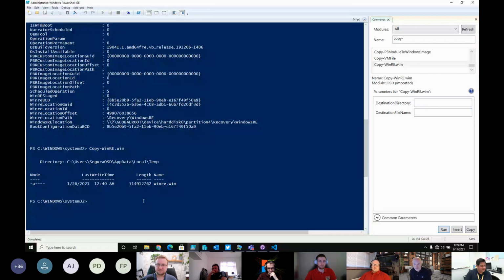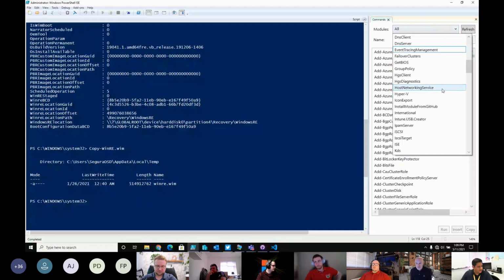So there's some cool stuff hidden in the OSD module that all support this that normally people would put in private. And as you can see, a ton of functions related to this. So definitely have a look into this, but you can take the WinRE, the WinPE that's in your template, and replace WinPE from anywhere.